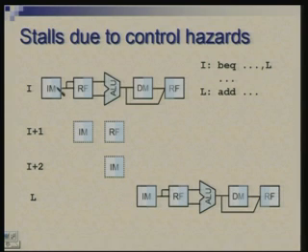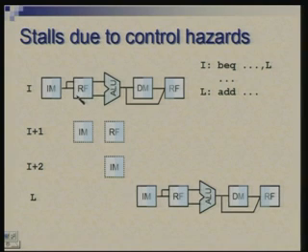Okay, what happens due to branch instructions now? So as I mentioned earlier, when we talked about initiating one instruction every cycle, we said let us keep branch away. Now let us face the consequence of having branch instructions. Suppose this instruction I is a branch instruction, all right, and here if some condition is true, we are branching to some instruction L which is not the consecutive instruction, it is somewhere else. So after this instruction there will be a tendency to start I plus 1 or I plus 2, okay.